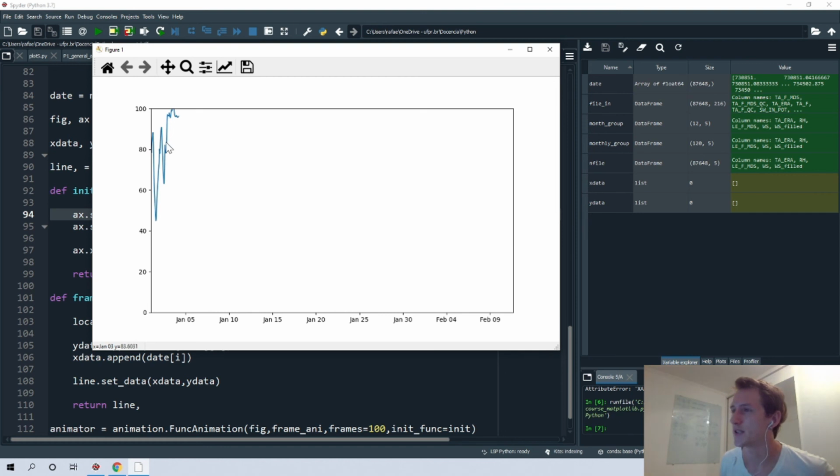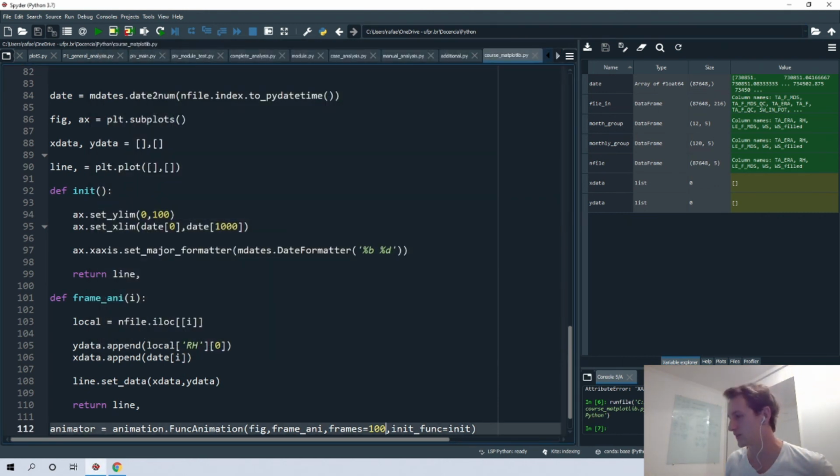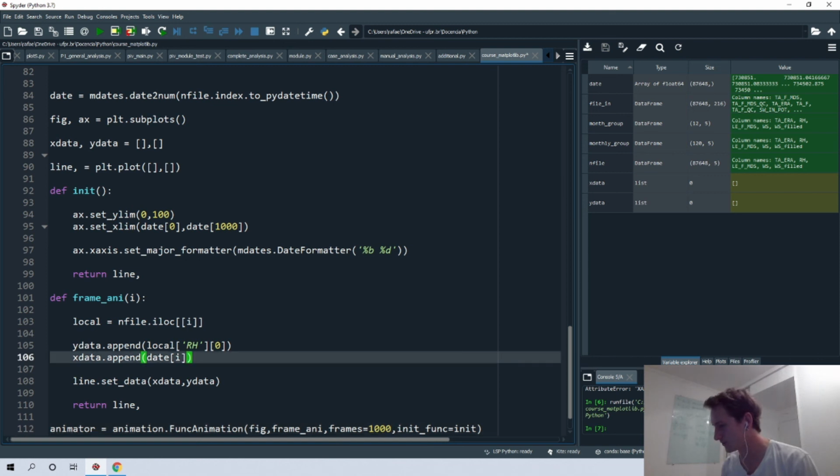So you can also include all features that you want to include, and you have that data. Of course, we have only 100 frames, but if we increase that, so 1000.